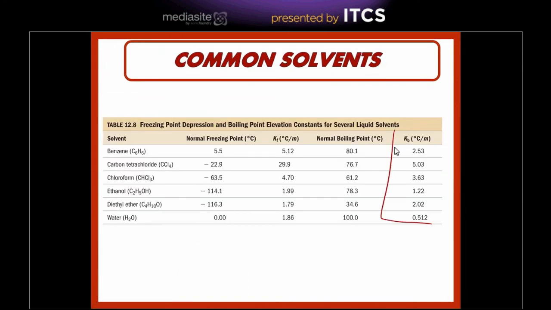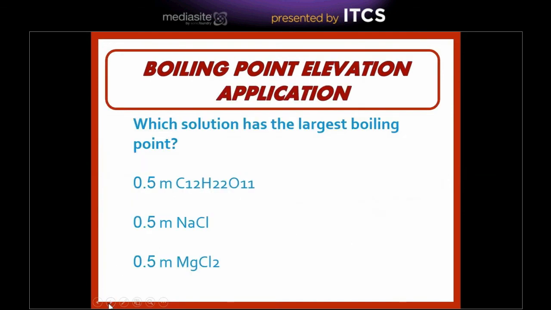And so again, we're going to be given this constant Kb value. You'll be given the normal boiling point for certain solvents, but you should know the normal boiling point of water is 100 degrees Celsius. And so applying this idea of boiling point elevation, we ask the question, which solution has the largest boiling point? If all of these solutions are dissolved in the same solvent, which in this case is water, or it could really be any other solvent, but we'll assume it's water in this case,